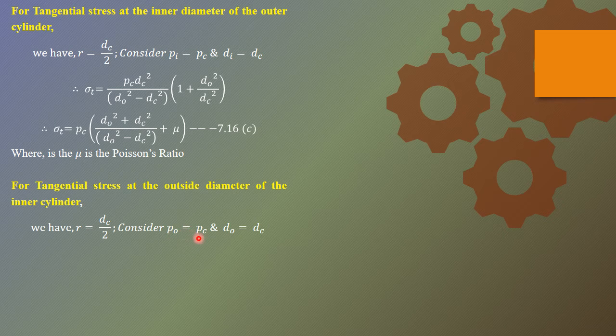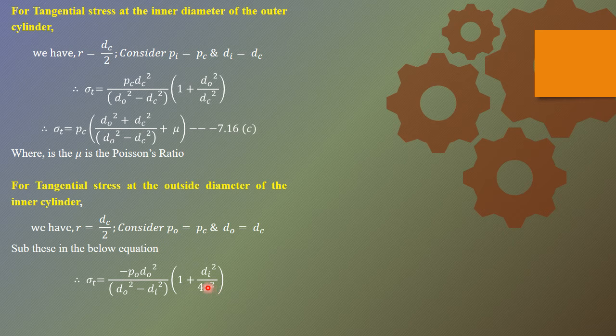So that will be equal to PC, and the diameter, I told you, is nothing but the contact diameter DC, right? So here you have to substitute this not in the internal pressure equation. You have to substitute in the simplified expression considering only the external pressures. If you observe the second slide after the stress derivation, we had derived for tangential stress considering only internal pressure and only external pressure. So here we have to substitute with respect to the external pressure equation, right?